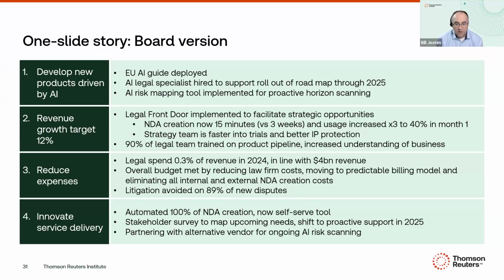And we're partnering with an alternative vendor for ongoing risk scanning. Instead of going with a traditional law firm, we've opted to go with this AI vendor because now on this risk scanning exercise, we're implementing AI in our own operations, increasing our understanding as we become a more AI-driven business. It's streamlining the revenue growth because we're spotting those risks coming, and it's also reducing expenses because the ALSP is frankly just cheaper to work with than the law firm is.